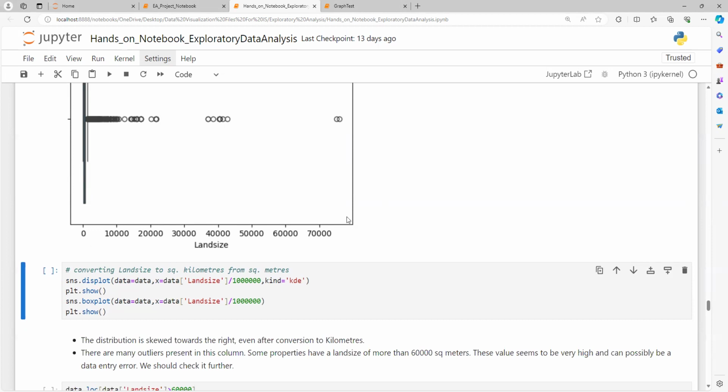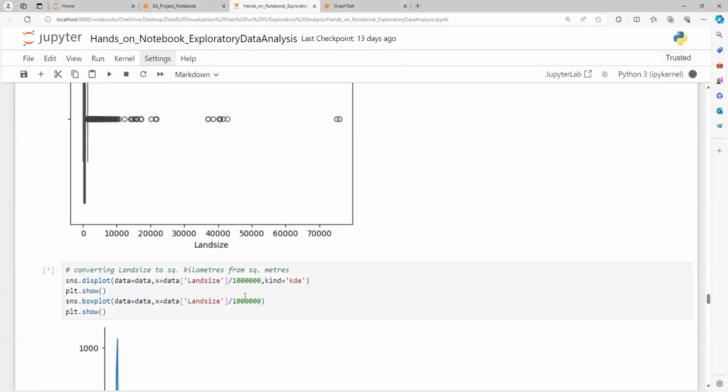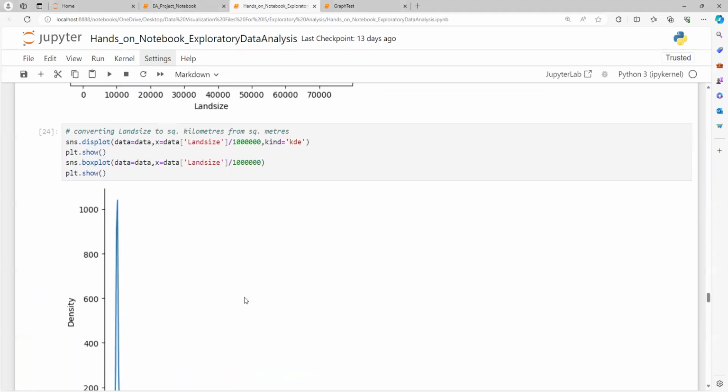Remember, these are all in square meters because we can go back to the very top. I can take this and divide it by this, which is a quick reminder, a million. Now you're like, wait, why did I divide by a million? Well, to go from meters to kilometers is 1,000, but it's square kilometers. So that's 1,000 times 1,000, which is a million. So I'm going to do this. Essentially, all this is going to do is change my scaling. So my density